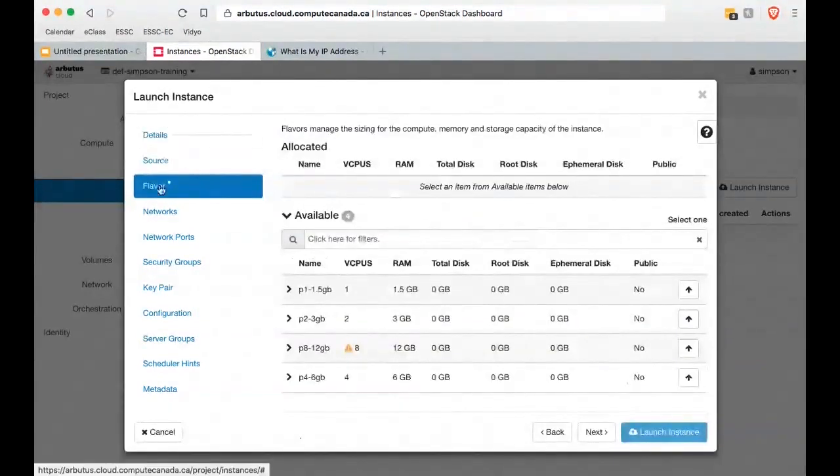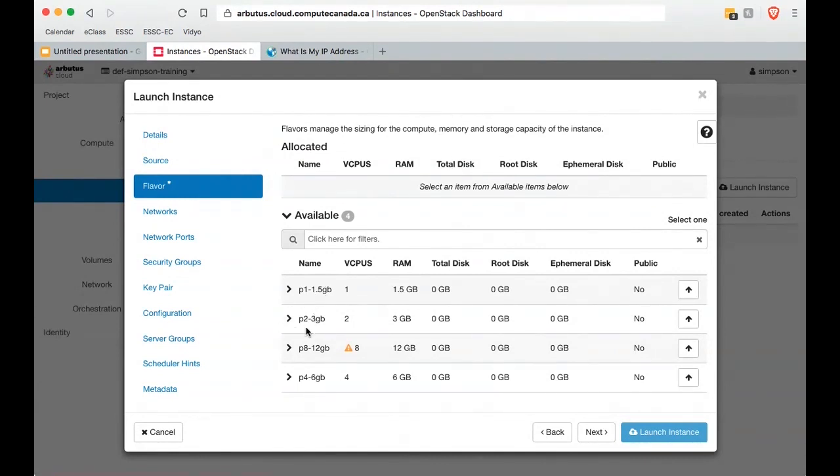The next option down the left-hand panel here is flavor. This is where you're going to choose persistent or compute. And you'll only see what's available here. So if you look down the left-hand column in this table of what's available, you'll see things like P1-1.5 GB. So this tells me, the P tells me this is a persistent core. It tells me that it's shared a number of ways with other users on the system. It's part of a very large pool of cores, and the cores themselves are also pooled. And it tells me that it's going to give me 1.5 gigabytes of RAM.